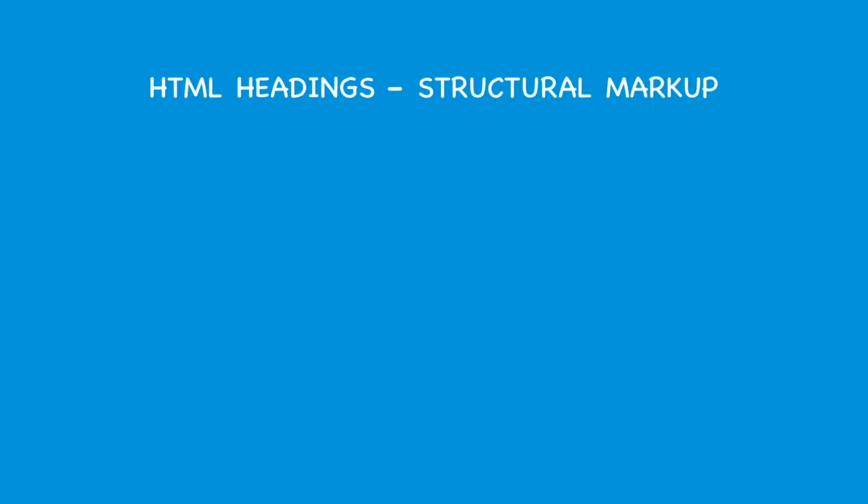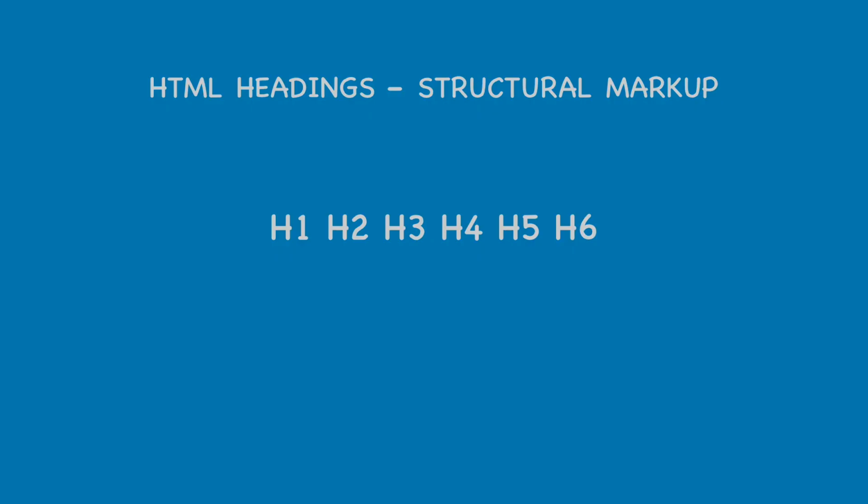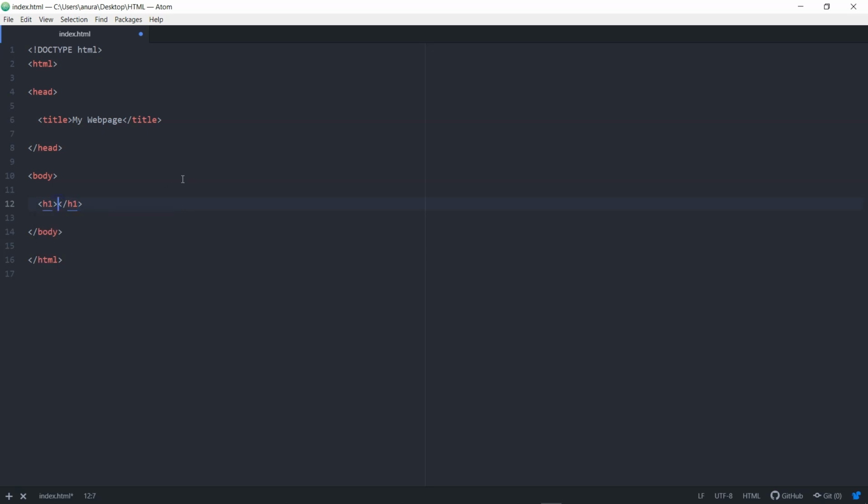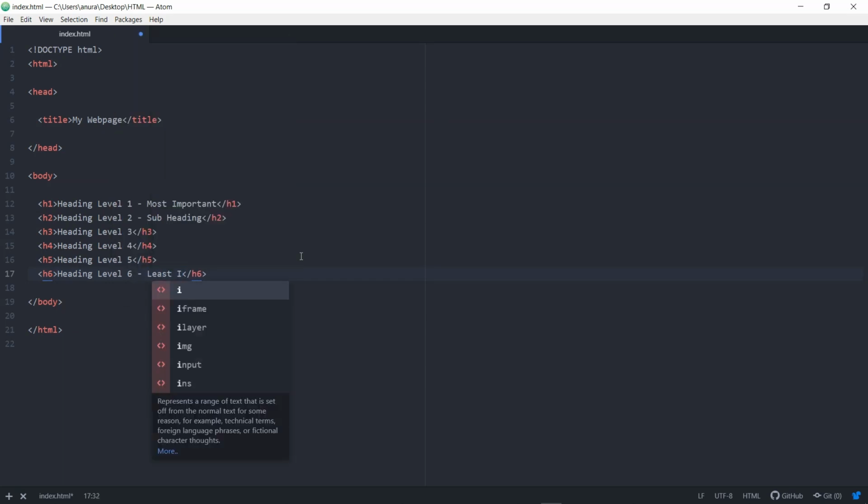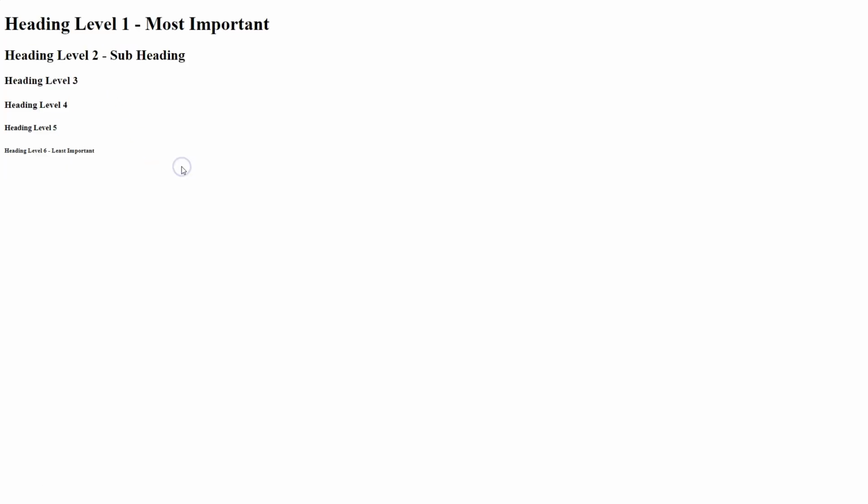HTML headings is a structural markup defined by H1 to H6 elements or 6 levels. Their importance is also defined based on these elements. H1 being most important or used as the main heading, H2 element is used as the subheading. Other header elements are defined in further sections, with H6 being the least important. The browser displays the content inside these tags in different sizes. The contents inside H1 being the largest and the content inside H6 being the smallest. The sizes slightly vary based on the browser or can also be controlled using CSS.